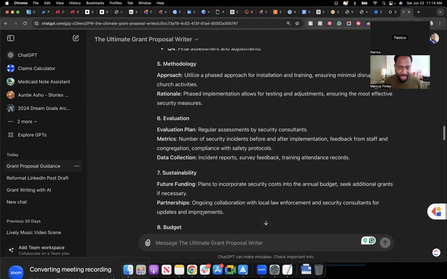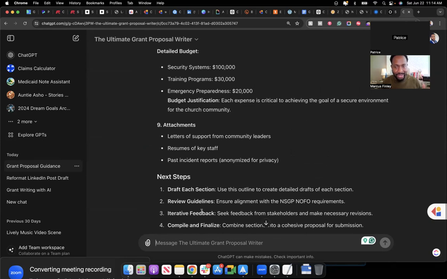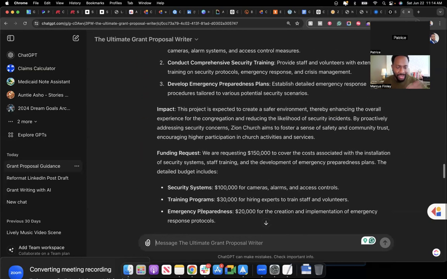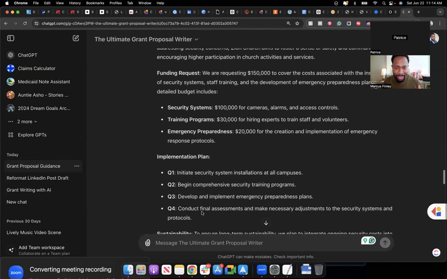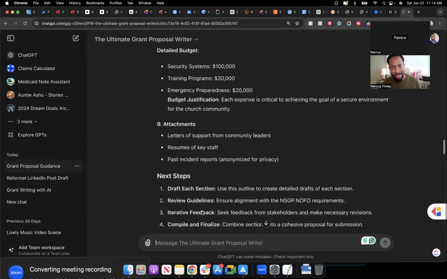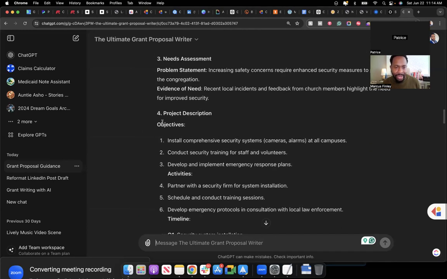But I think this is one thing that you'll see that's probably different than how some of you may have used ChatGPT before, but you can use it as a co-pilot. You can use it as a tool to help you navigate through the process section by section to complete your proposal. And you'll see that I'm not trying to write all the proposal at once, but I'm going through using the GPT section by section to write the proposal. So now if I feel good about my executive summary, I would then go back and ask it to write out the